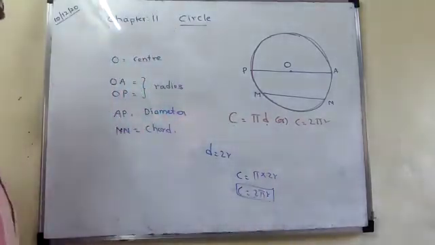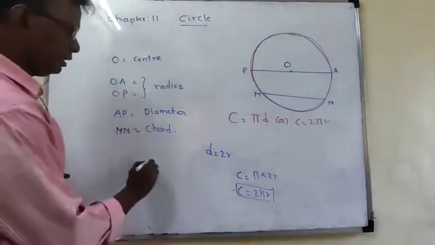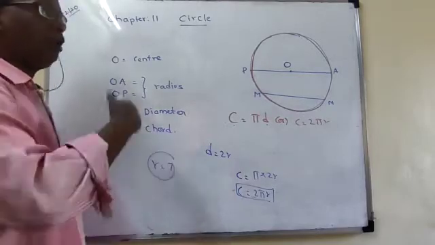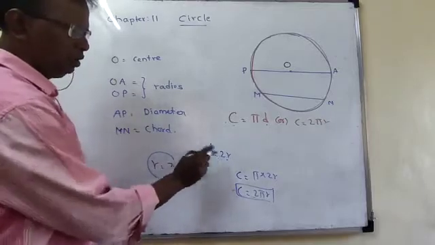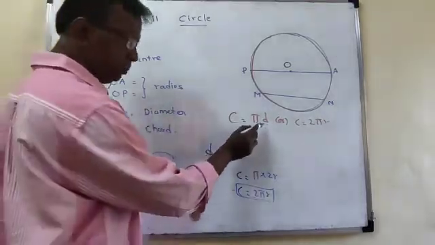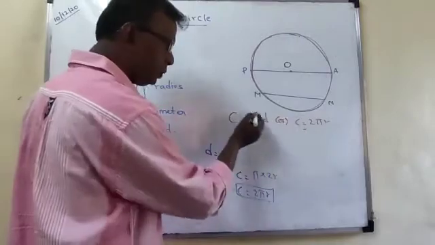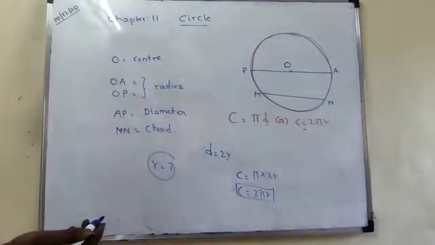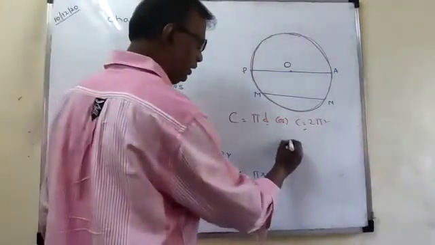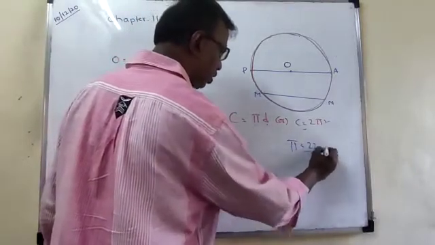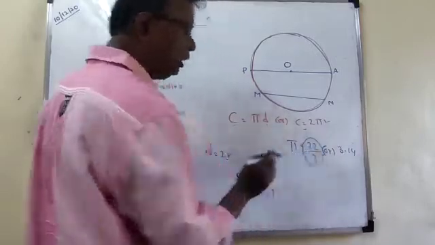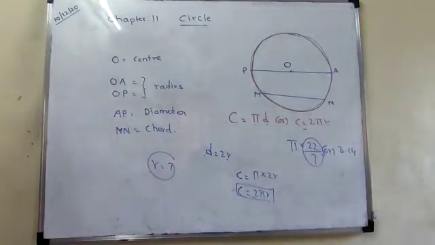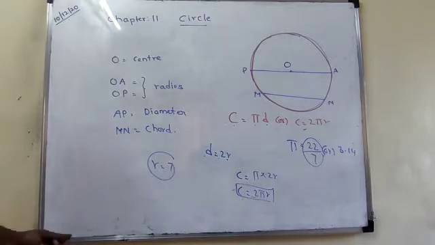Understand all of you? If radius is for example 7, then diameter will be how much? Double. Diameter is always double. So, D is equal to 2r. So, circumference, there are two formulas: pi d, or 2 pi r. What is pi? Pi is a constant. The value of pi is 22 upon 7, or it can be 3.14. But mostly we take 22 upon 7 in lower standard. So the value of pi is 22 upon 7. So, chalo, we'll go to the exercise.